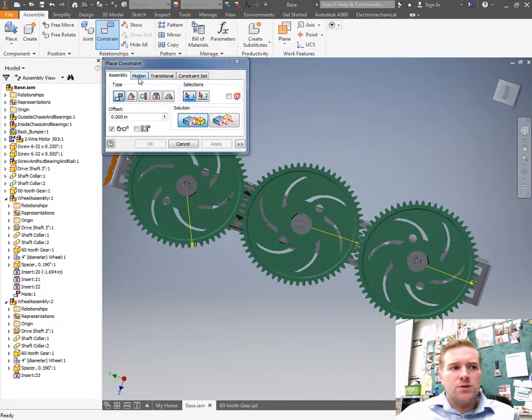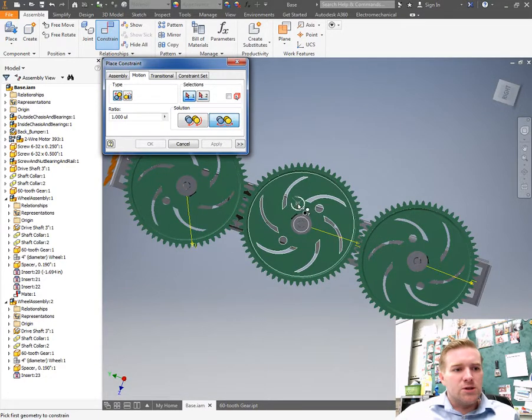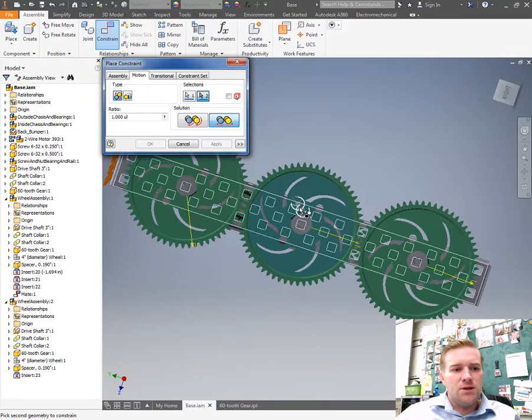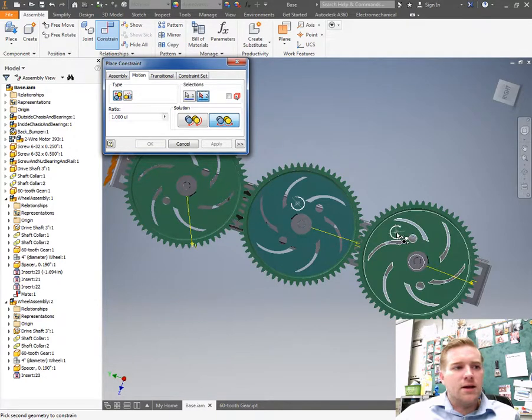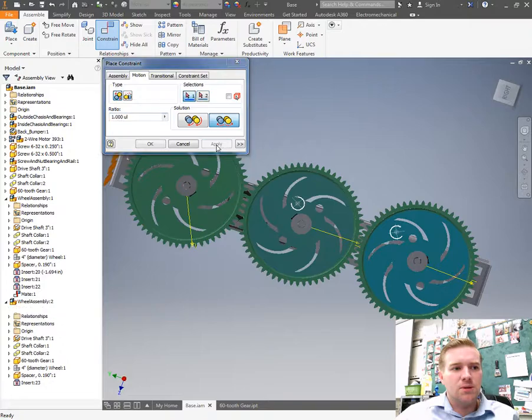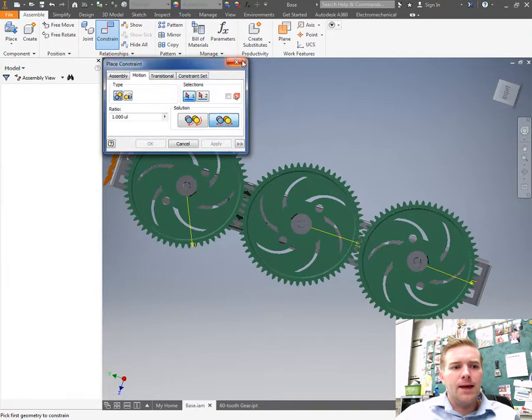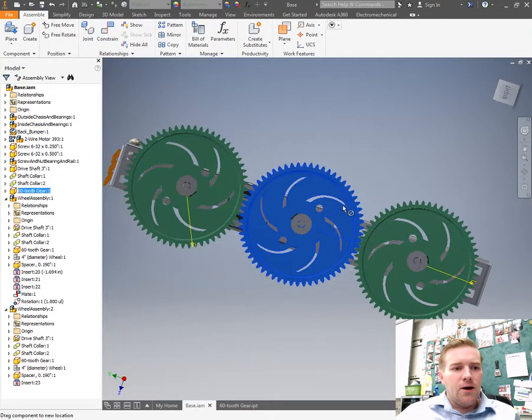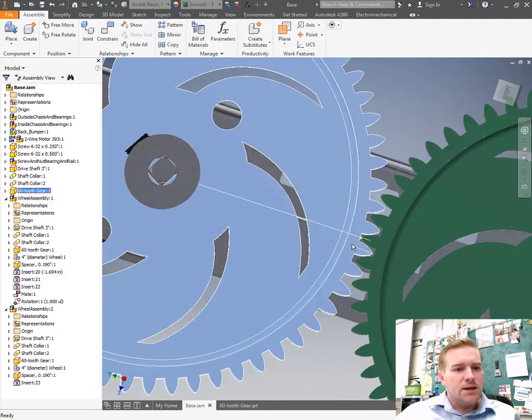and now we're going to do a motion constraint, and we want these gears rotating opposite directions. So I'm going to do a rotation constraint on this one, and then again with this one, and that'll get him rotating in opposite directions. Hit apply, exit this. Now you can try to turn it, but it won't turn because we have this mate here that's